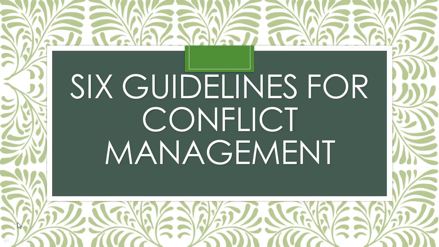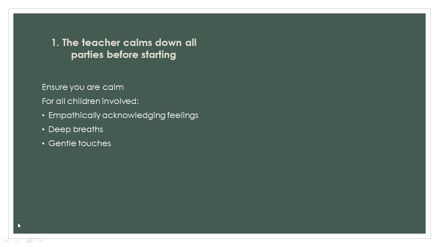This screencast will briefly cover the 6 guidelines for conflict management and a handy little tool to remember this by. So the first one is that the teacher calms down all parties before starting. First the teacher needs to make sure they're calm, and then when engaging the children,